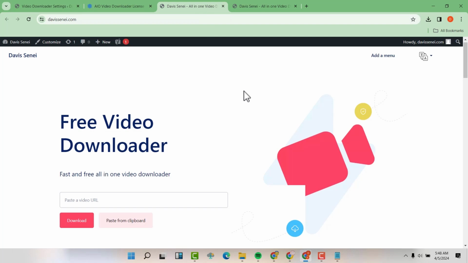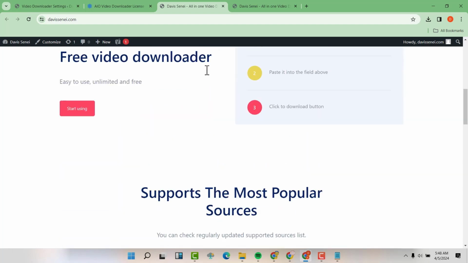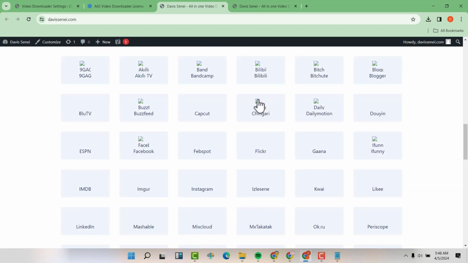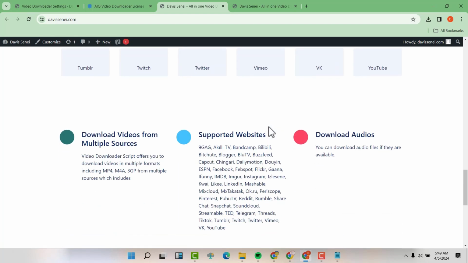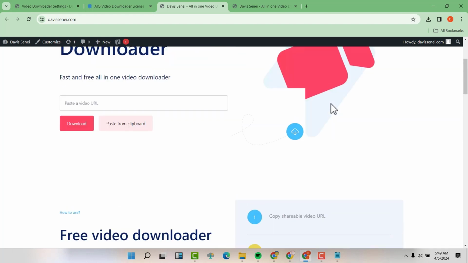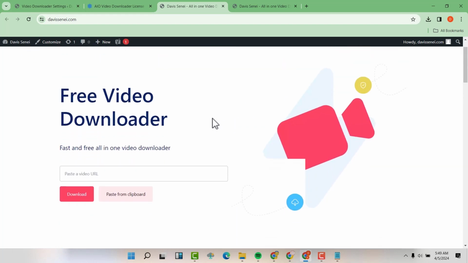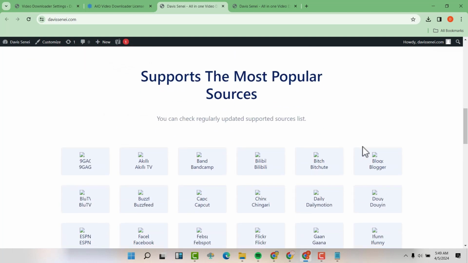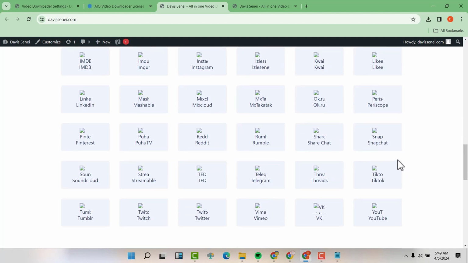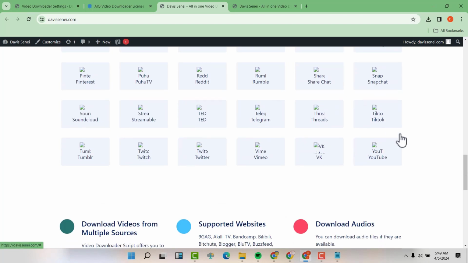And voila, you can see now we have our video downloader and it has been activated. So this one will load with time. It's only that I don't have very strong internet. So you can see that we have our video downloader activated here, and it is now able to download from all these particular websites. So Nengag, Kili, all these ones.